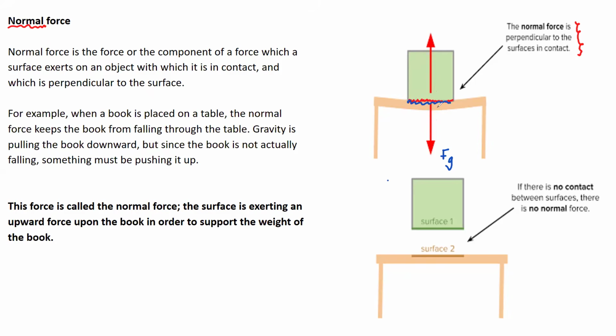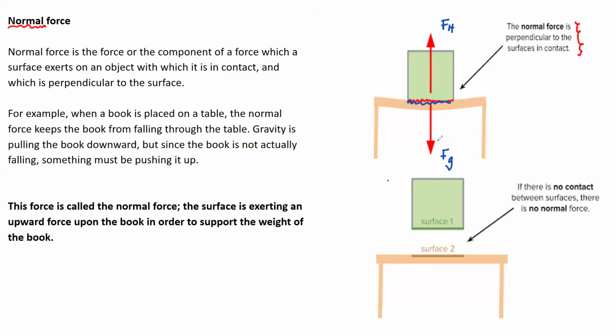Then the normal force comes in and says, no, that's not going to happen. I'm going to exert a force that is opposite to the force due to gravity, acting upward, while force due to gravity acts downwards. And so this normal force is what is keeping that particular book, my laptop, whatever you have on the table,